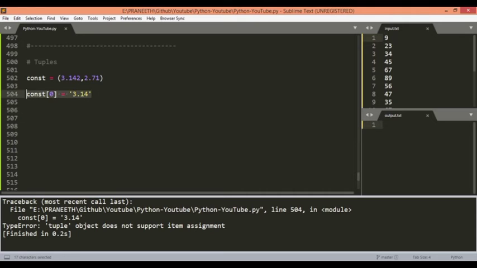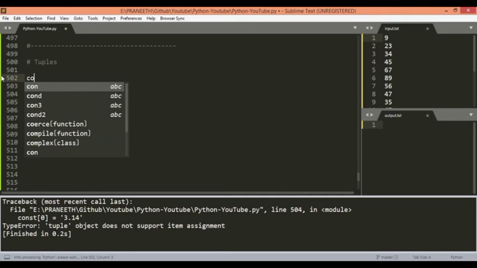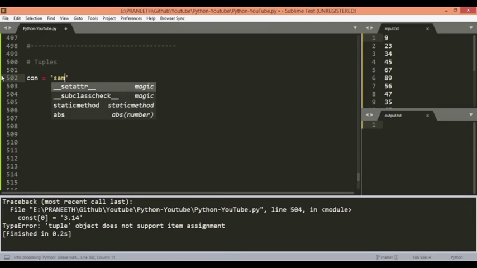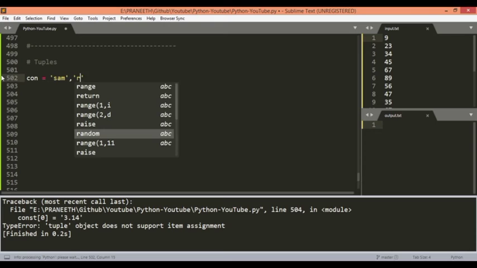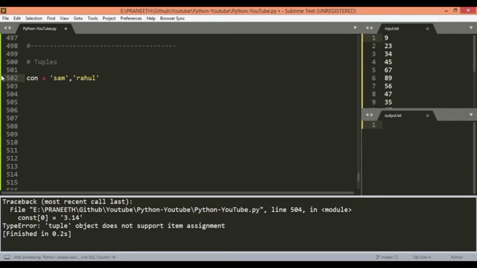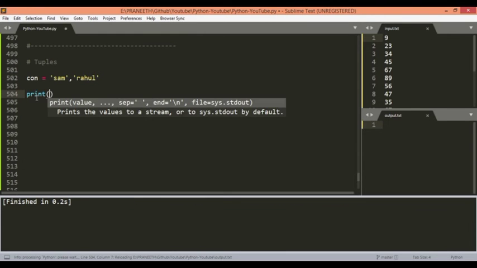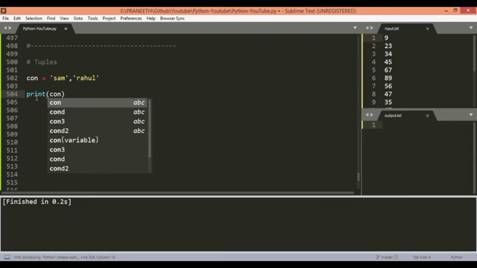We can also create a tuple without using the parentheses. We can directly mention some elements, such as, let's take a tuple of name, and then let's print this tuple of con.